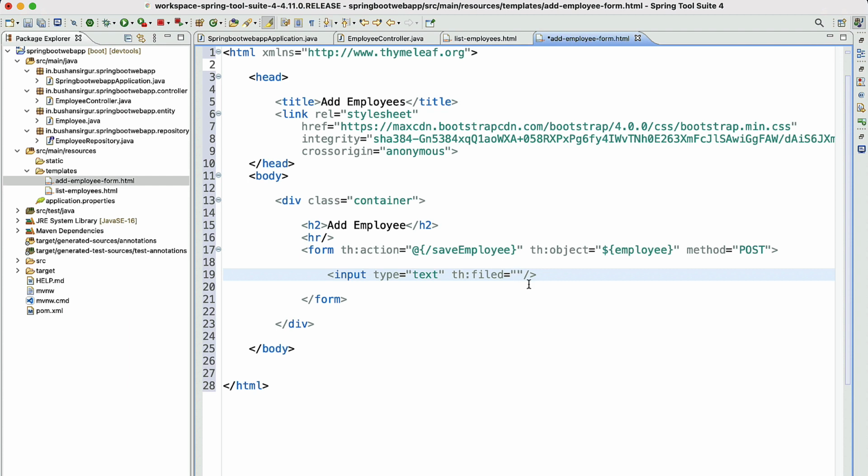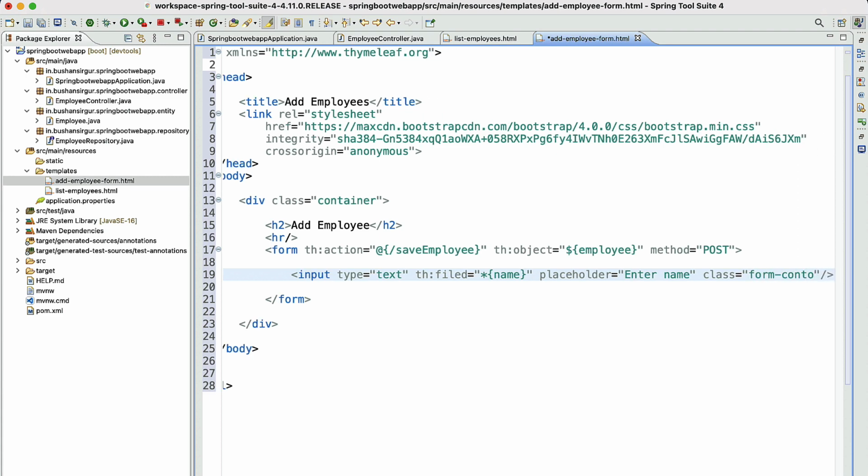Inside this, we are going to make use of the selection variable expression, that is, starts with star, and within the curly braces we are going to reference the employee field, which is name, and we can add the placeholder, which is enter name, and we also add the Bootstrap classes, which is form-control,